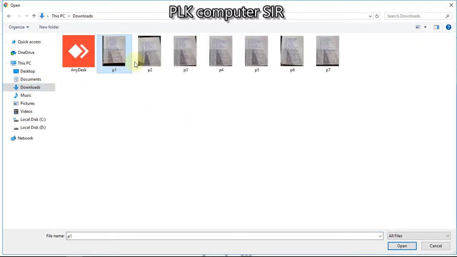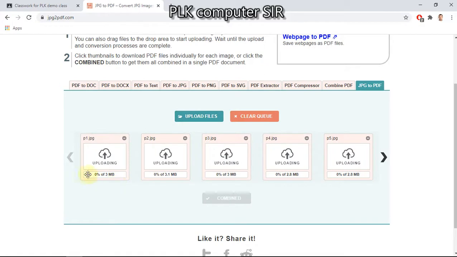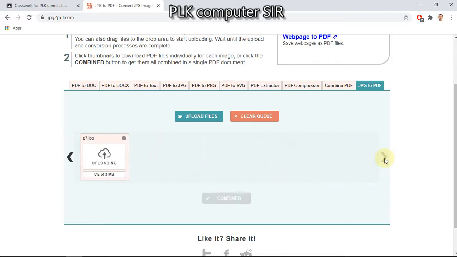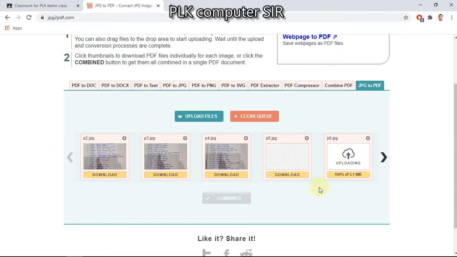Upload files, my dear students, then download. I have these, page 1 2 3. By pressing control, you can select in order. It will upload all the images, my dear students, and convert them into PDF. Then we can get a single file of work. So I suggest all students, please do this, it will be easy. So we have altogether 7 pages. It will take time to upload, my dear students. So let it be uploaded.